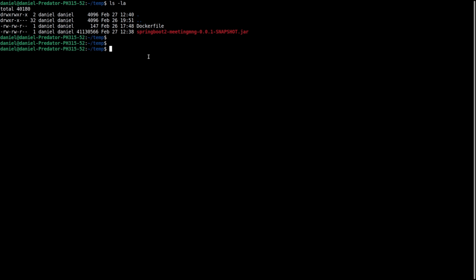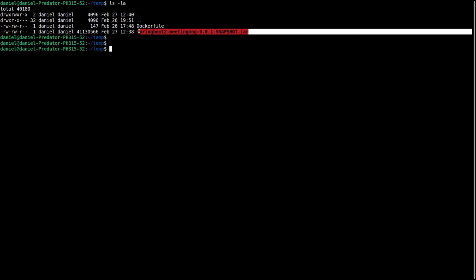So now let's use Docker CLI to create our image similarly to what we've done in the last video, but now instead of with a Hello World very simple application, we are using this Spring Boot enterprise application built with Maven and with a Tomcat embedded